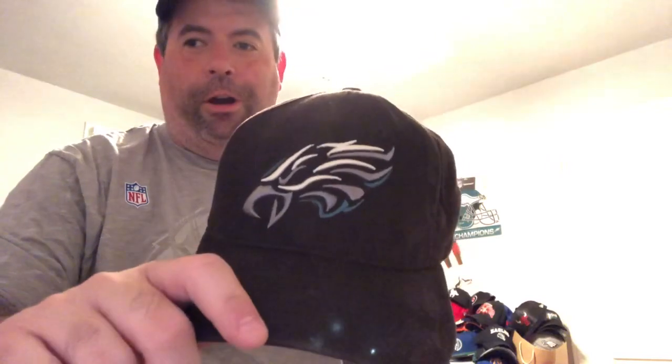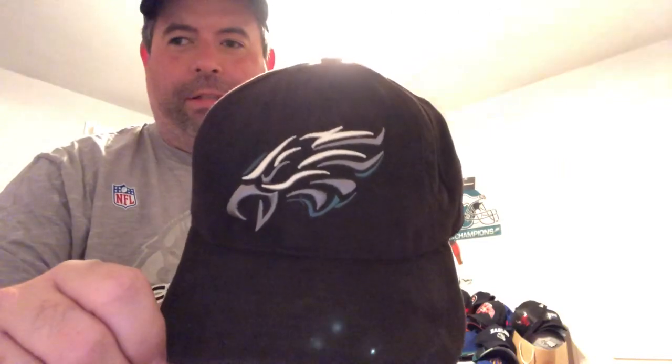And then, of course, when I first saw this, I was reminded of one hat in my collection. And ironically enough, it's a New Era hat. It's an older one, from years ago. But they kind of took that idea with this, and it's something that they had done before, and here it is. So this was something that came out many years ago. I don't remember the exact year for these, but you can kind of see it is the full logo, but it isn't. It's kind of elements of the logo, but enough that it's the Eagles logo,